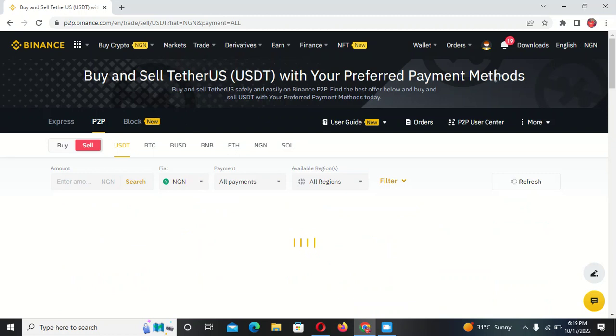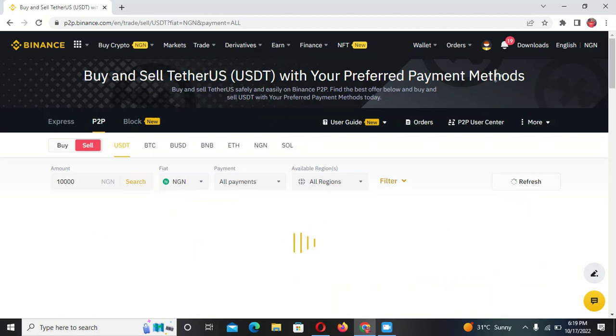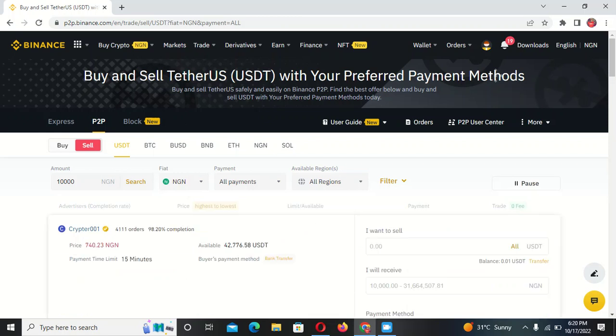Let me use 10,000. From the 10,000 here, you can sell your coin to this user at 740. Once you click on sell USDT, so from here,